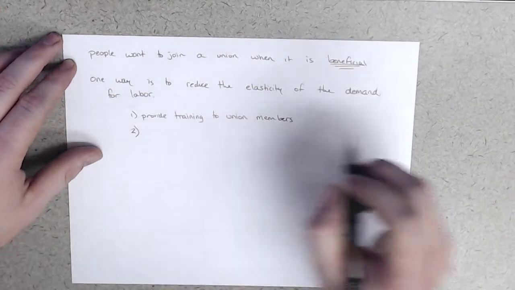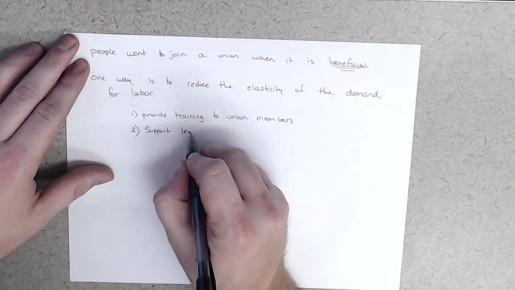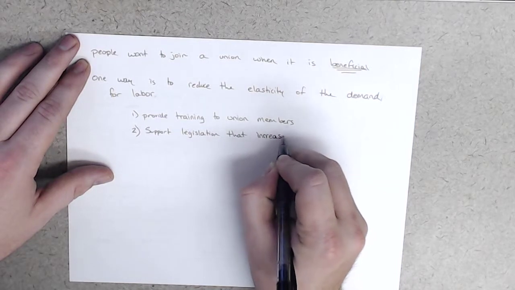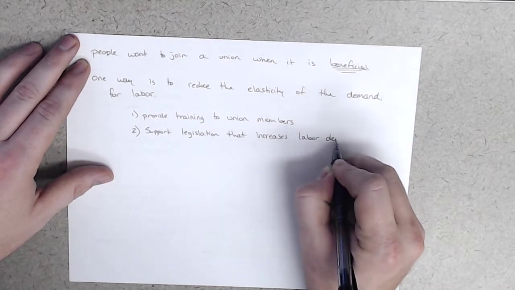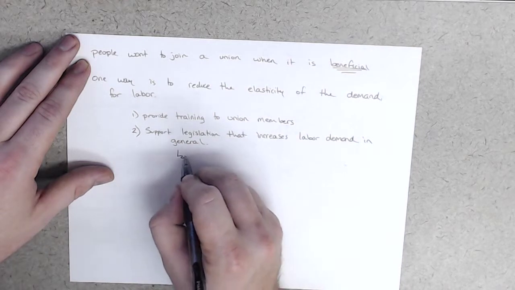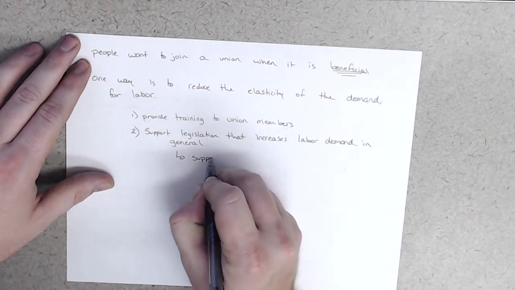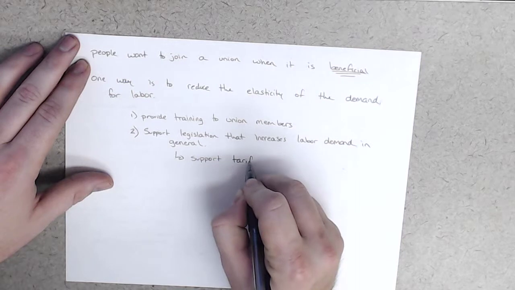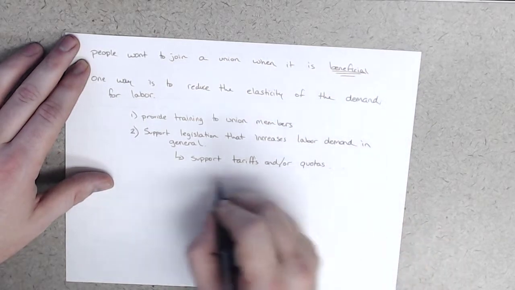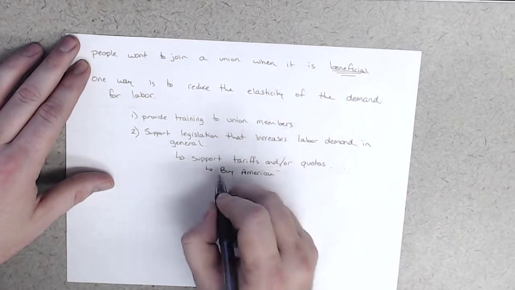But another way they can do it is they can support legislation that increases labor demand in general. So, for example, they can support tariffs and or quotas, right? The basic Buy American slogan,